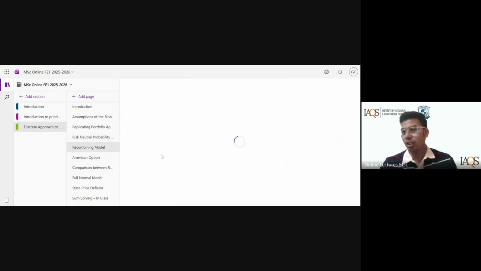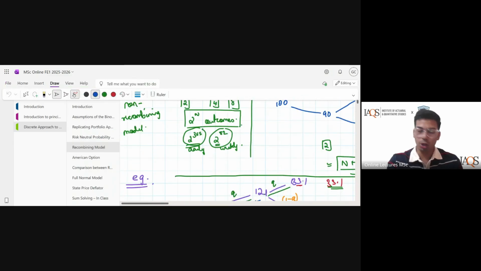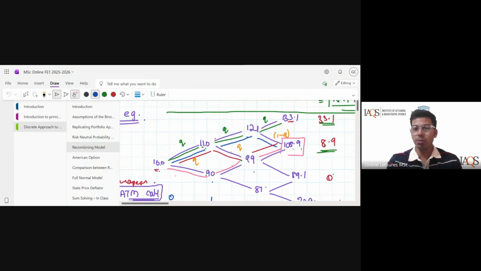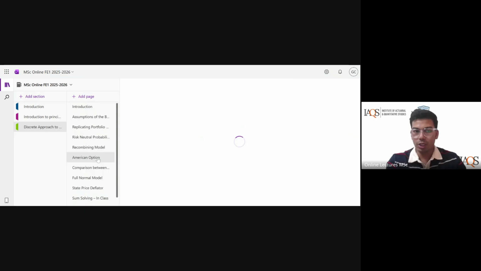Realize the issue again over here that as the number of time steps increased, my number of outcomes become 2 raised to n. Hence, took the value of u and d to be constant for the entire binomial model. Repeated the same algorithm from maturity to time zero over here. Saw it for the American option,